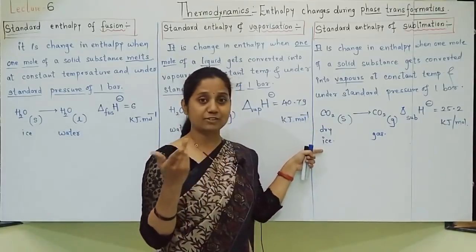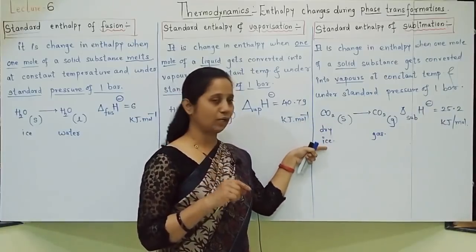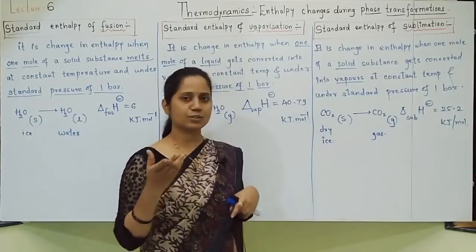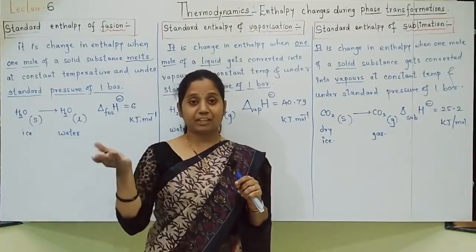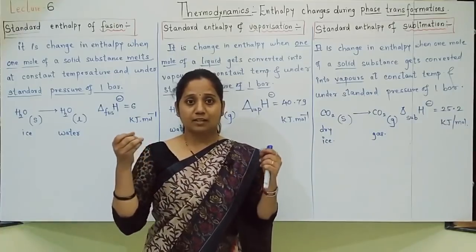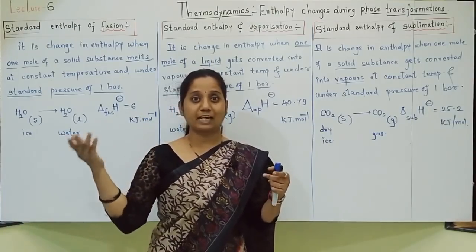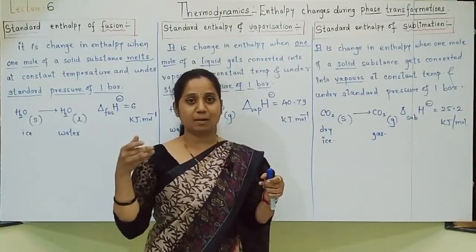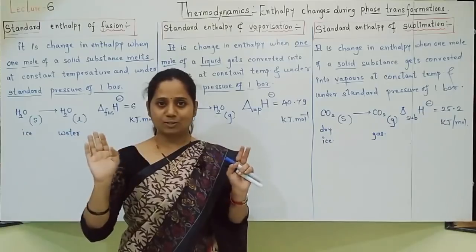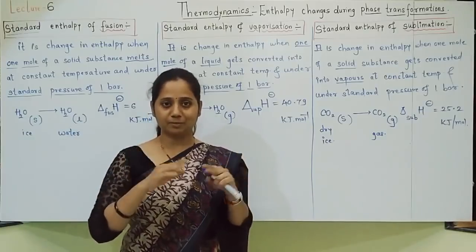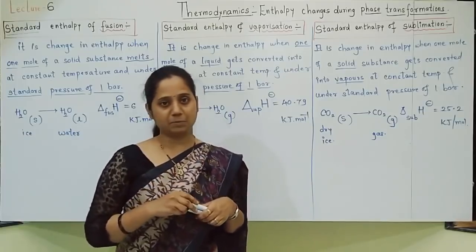Again, a 1 mark question. What is dry ice? 1 mark. Solid carbon dioxide is called dry ice. It is used for storage, ice cream storages and all. They are done by carbon dioxide, because if normal ice is used and temperature increases, our ice will melt into water and water can damage the things, because in wet condition bacteria will grow. But dry ice directly gets converted to gas, so it will escape. So no damage will be there. That's why dry ice is generally used for storage purposes.